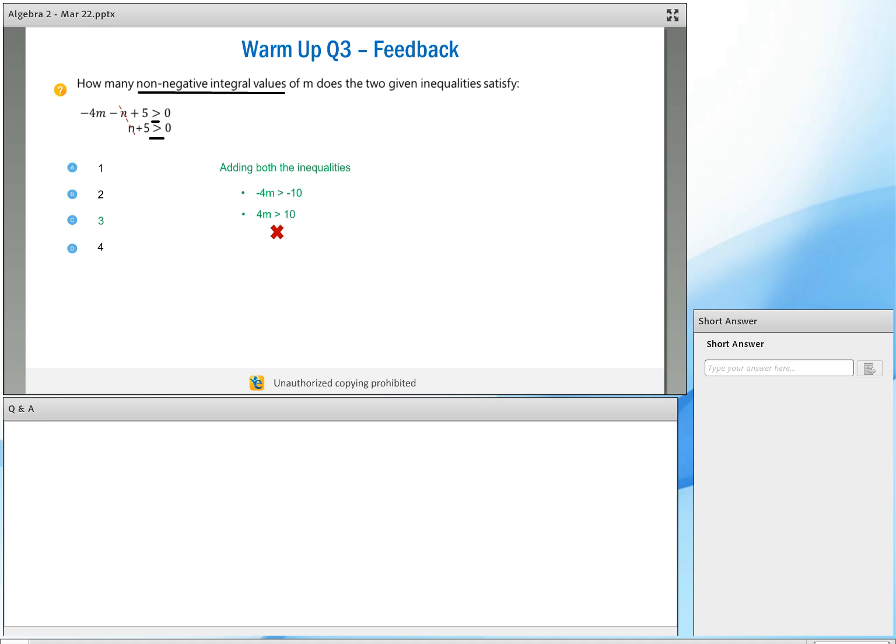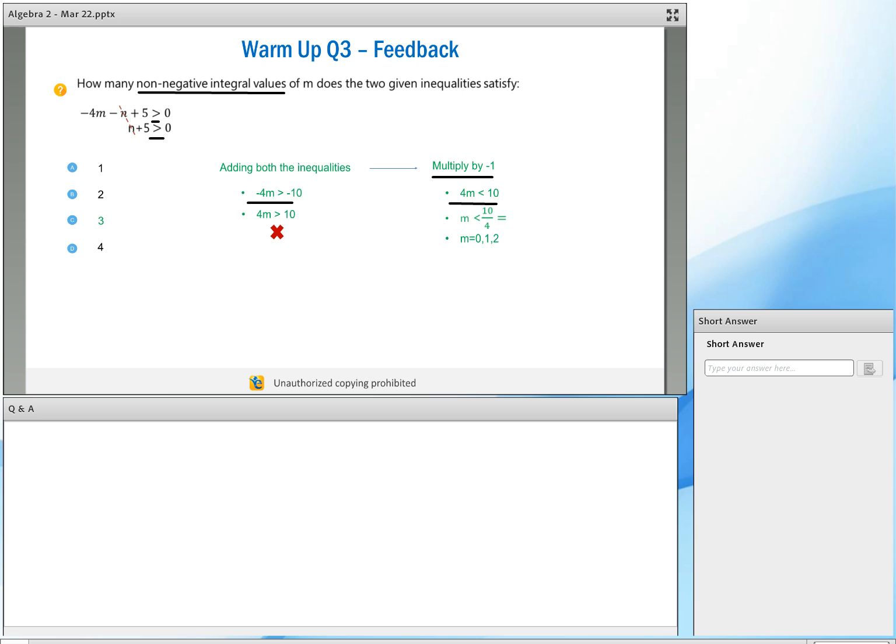Why? Because you can't really multiply an inequality with a negative number and not change its sign. That would be wrong. So when you multiply it by minus 1, you change the sign of inequality. So you look at what the sign is, it's greater than. Here again, because you multiplied with a negative number, you get 4m is less